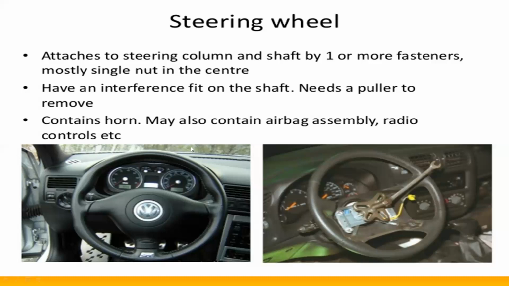The steering wheel is placed on the steering shaft at one joint, that means in the center of the steering wheel. You can see the diagram. It is the center of the steering wheel. In that center of the steering wheel, there is a joint. There are different joints used to join the steering wheel and the steering shaft. One end of the shaft is connected to the steering wheel.